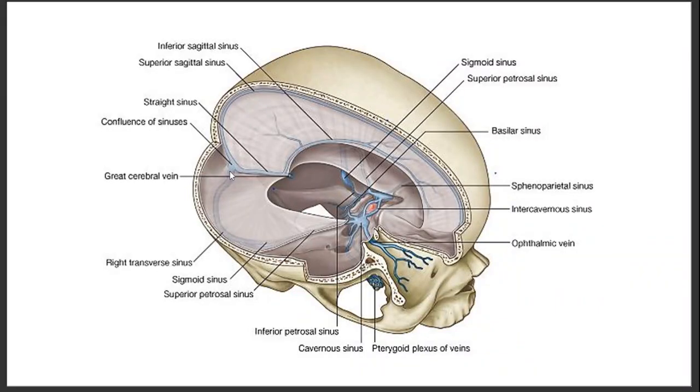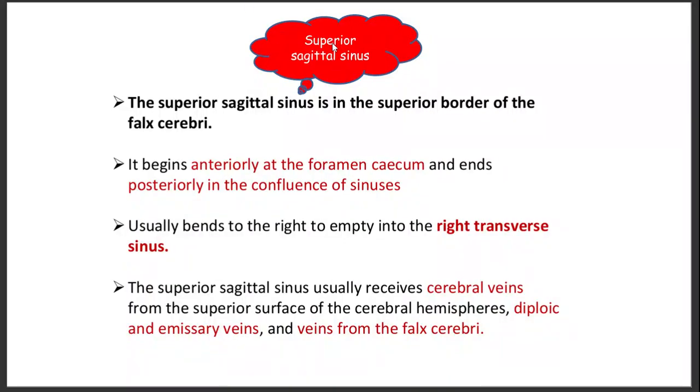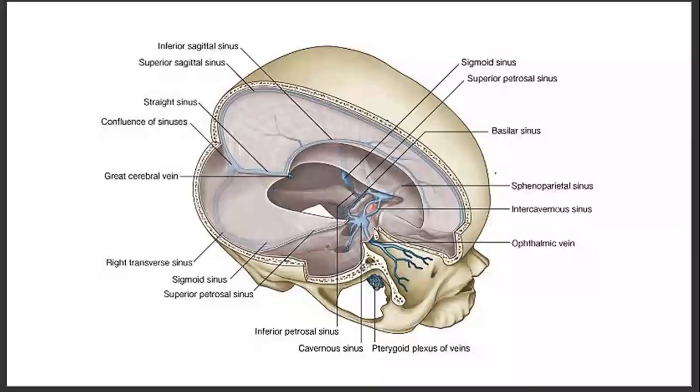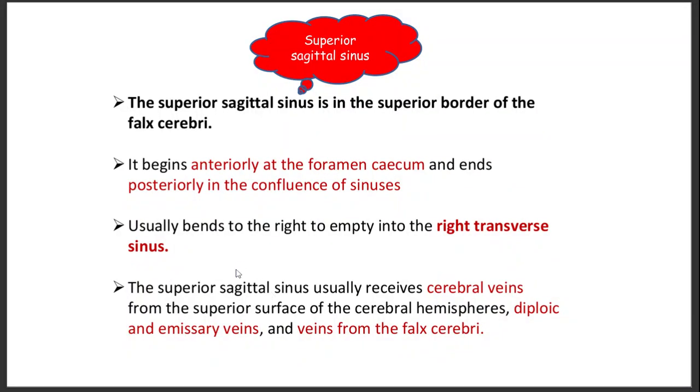But when you look at the confluence of sinuses here, you have the right transverse sinus. You are also going to have the left transverse sinus coming onto this confluence of sinuses, and then you have the straight sinus and the superior sagittal sinus. But to be specific, the superior sagittal sinus drains into the right transverse sinus. Please take note of that. The right transverse. Okay, that's where it drains. So this one will receive from the cerebral veins, from the diploic and emissary veins, and veins from the